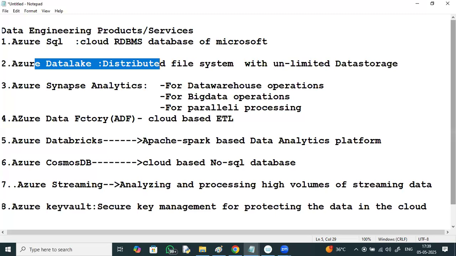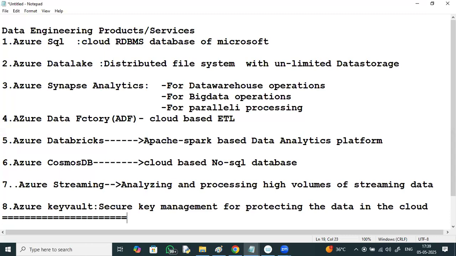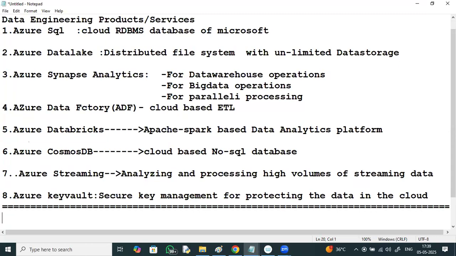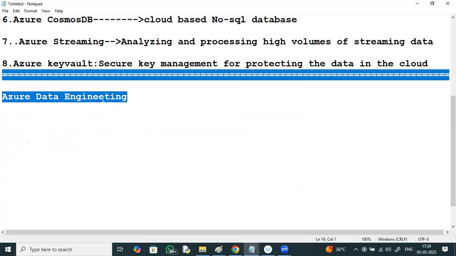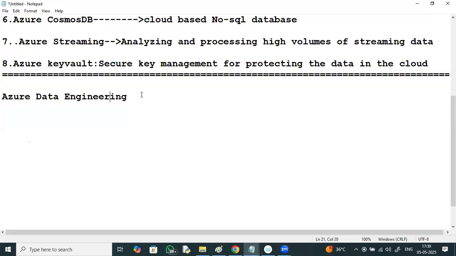Our major discussion here is going to be Azure Data Engineering. I'll brief you about all these things. Firstly, I'll be discussing Azure Data Factory.